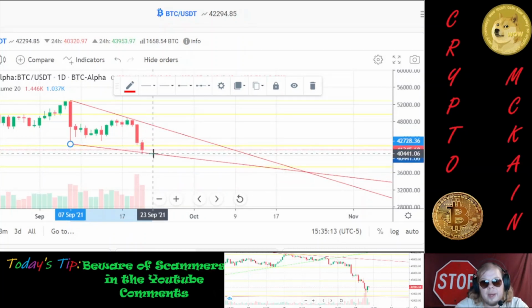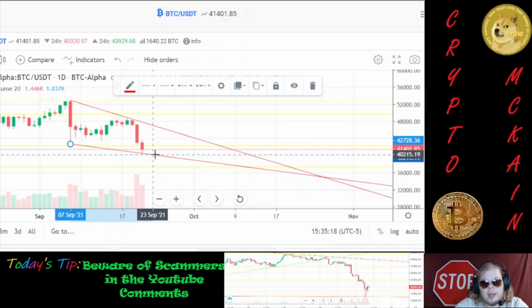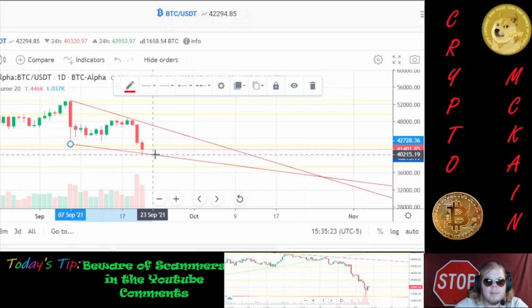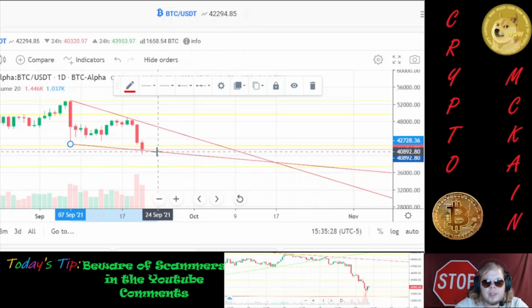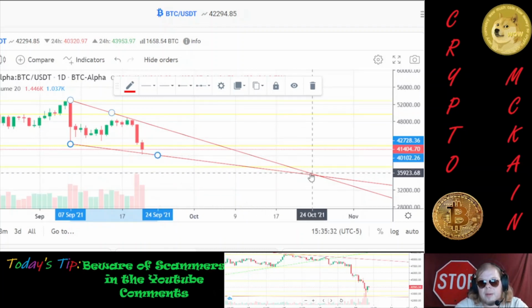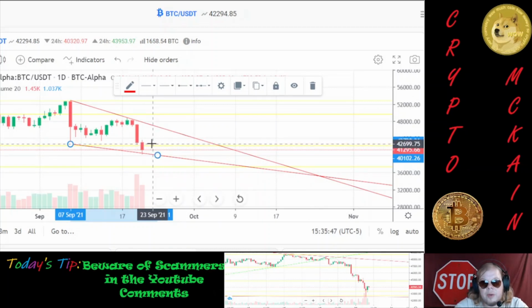So I'm going to move us down here to the bottom of this wick, and that'll give us a worst case scenario. If this is the new lower low and we don't wick any further down today and keep dropping, this says that we could plausibly be in a downtrend all the way to the end of October. But that's if we break through this $37,000 resistance, which if we close below